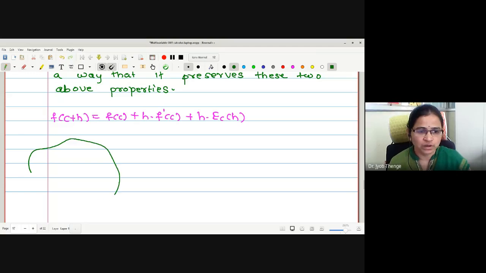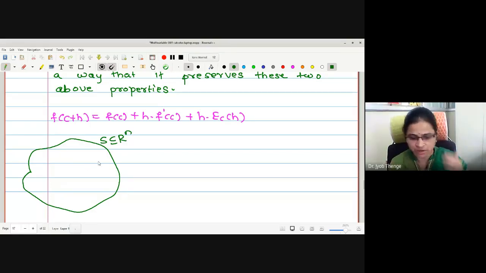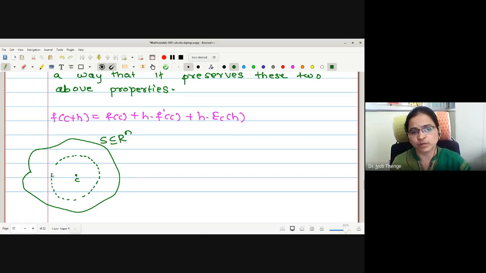Now we are going to deal with a function f, defined on S, which is a subset of R^n. Suppose I want to define the total derivative at the point c. The first thing we have to do is consider this c to be an interior point. Why there is a need to consider c to be an interior point, we have discussed in directional derivative: to ensure that c and its neighboring points are both in the domain S of the given function. Because c is an interior point, this ball B(c, r) is in the domain.